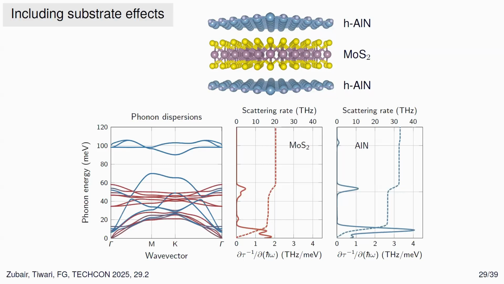So now the question will be how can one engineer dielectric layers in order to minimize this kind of effect? That's something we are working on. But that's a much more complex problem because we don't need to study just one material. We need to study interfaces. So that's really much more demanding computationally.